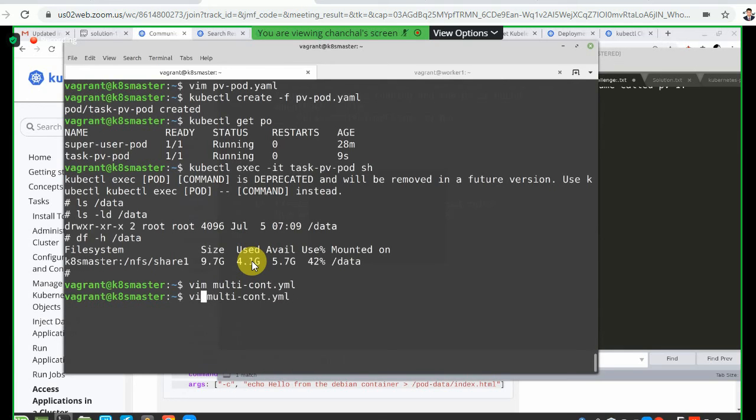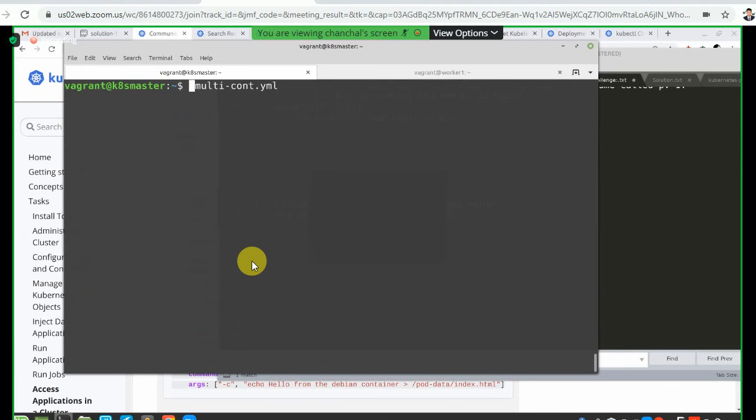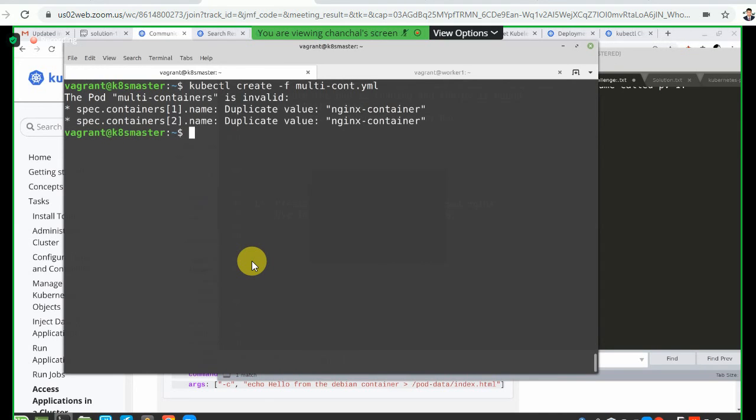Okay. Control L, kubectl create -f. Name duplicate value. Yes, name.